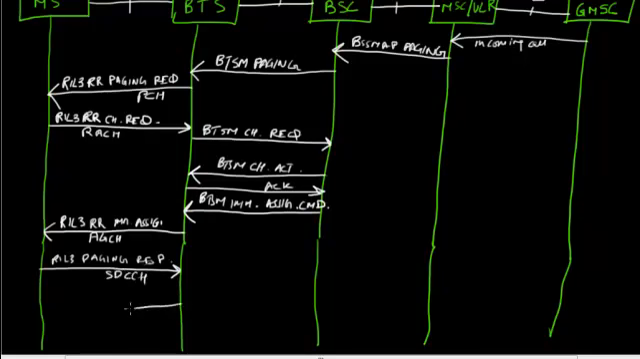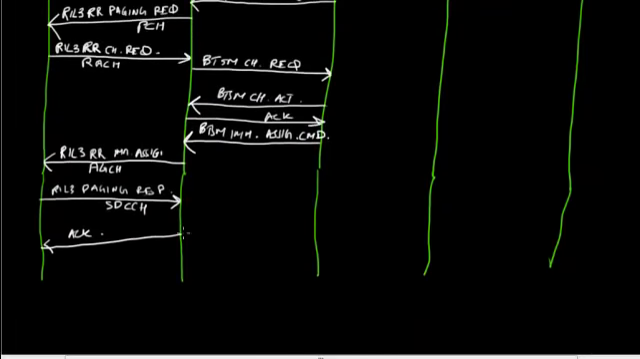The BTS sends an acknowledgement of the paging response back to the MS, and now the BTS sends a BTSM establish indication message to the BSC, saying that the radio link has been established and the layer 2 signaling has been established. So it also transfers the paging response to the MSC, and now the BSC sends a